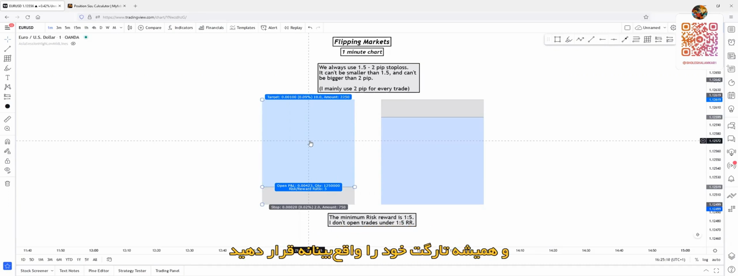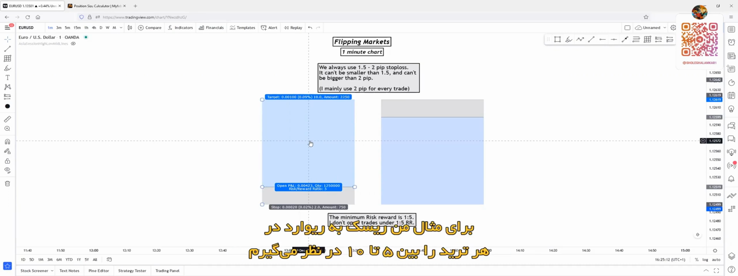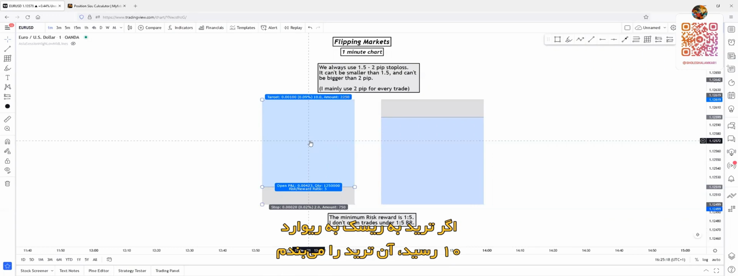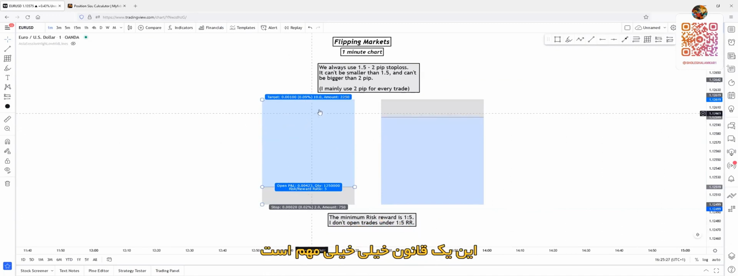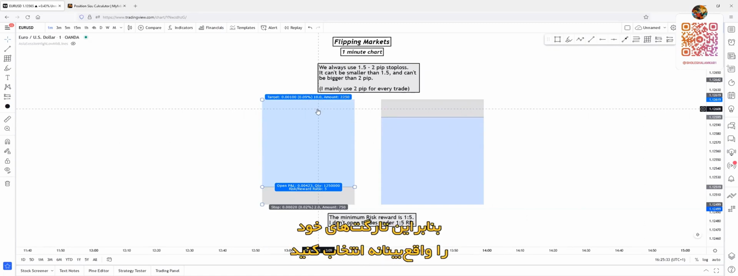And always keep your targets realistic. For example, I'm targeting every single trade between a 5 and a 10 risk-reward ratio. If it reaches 10 risk-reward ratio, I'm just closing the trade. You just have to keep your targets realistic. This is a really, really important rule. We are all trading for money, right? We are not trading for our ego. Just keep your targets realistic. Okay,